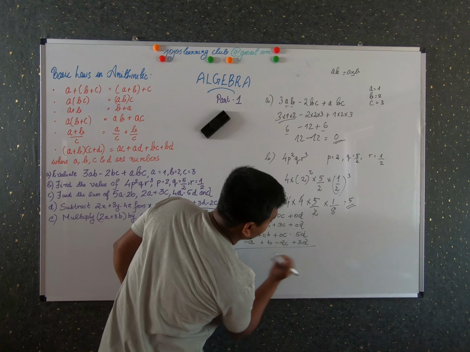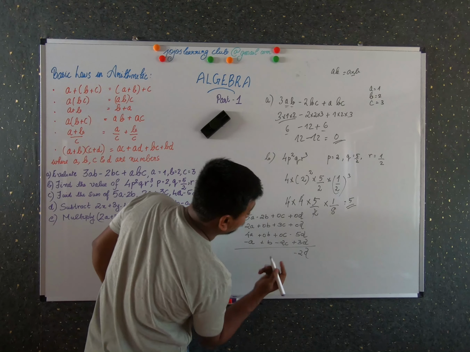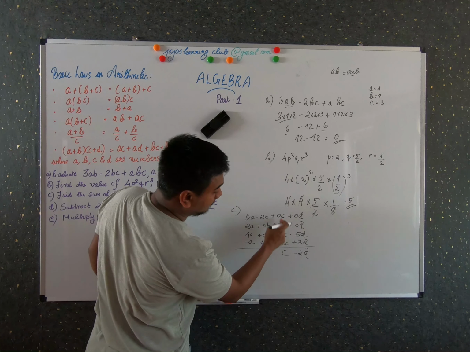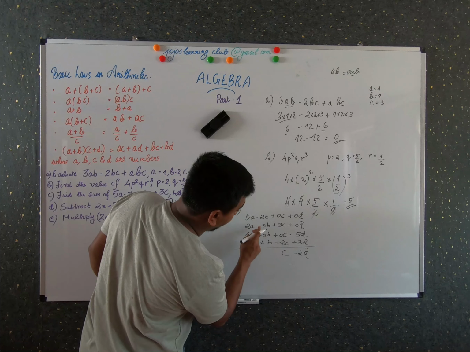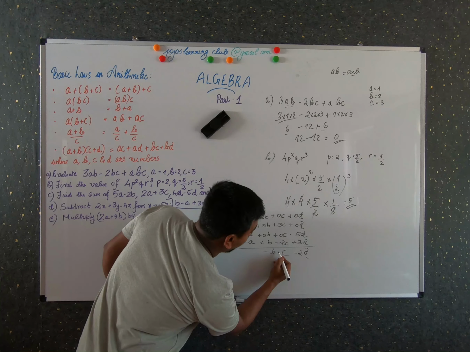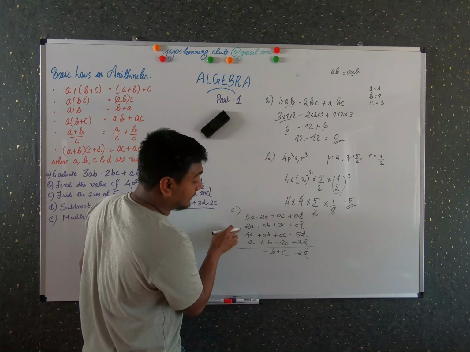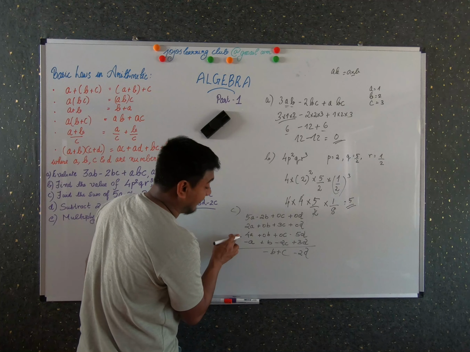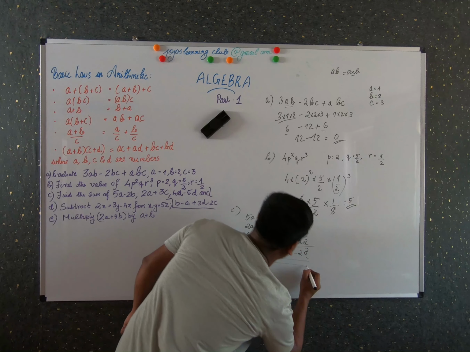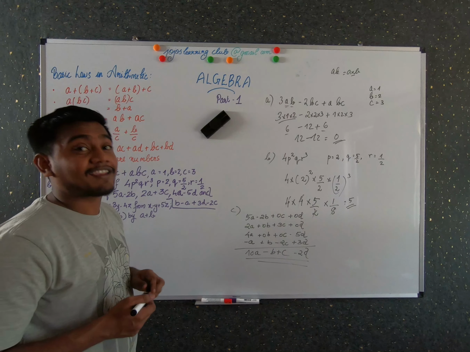So minus 5 plus 3 is what? Minus 2d. Again 3 minus 2c is what? It is c, right? 3c minus 2c is c. Again minus 2b plus b is what? Minus b. Again you don't have here c, so you can put a plus. Again 5a plus 2a is 7a, 7a plus 4a is 11a, 11a minus a is 10a, and this is the final value for your problem number C. I hope everything is clear.